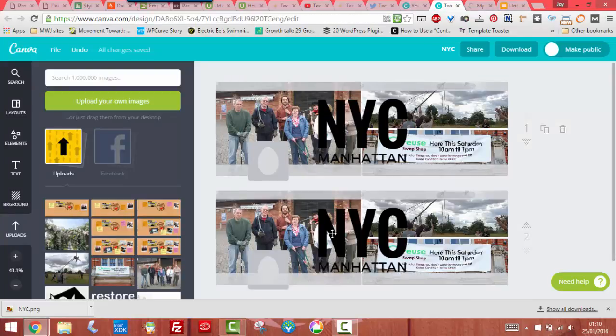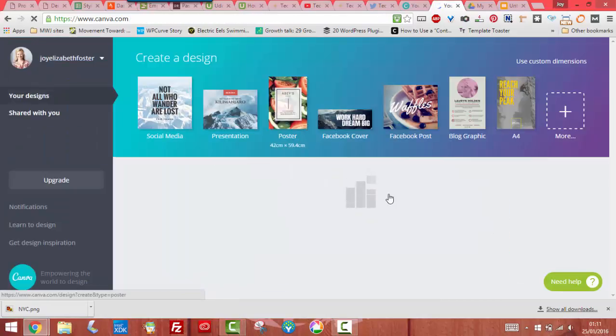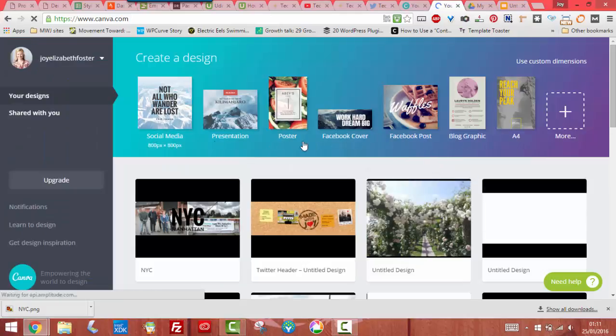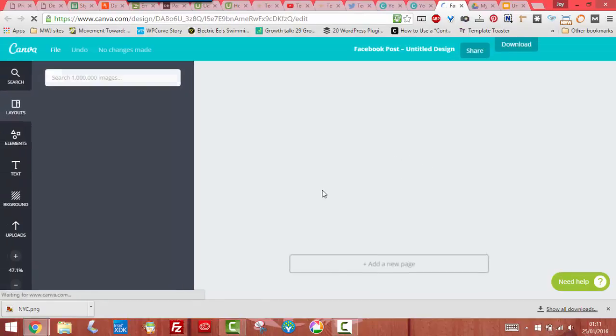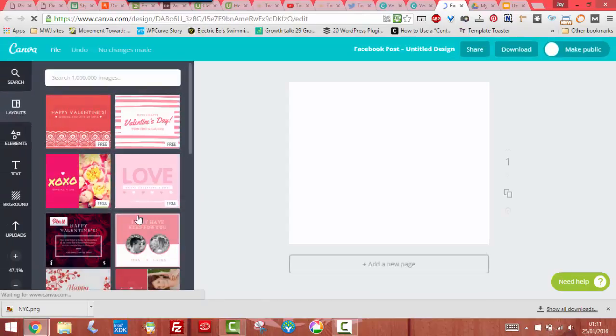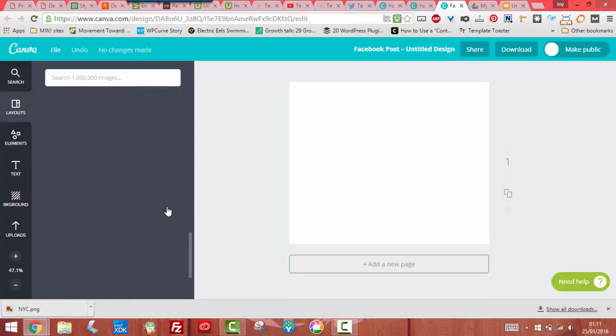So one thing you can't do in one folder or file is open multiple sizes. So you have to always go back to the main file page in order to create the other graphics that you want. So if I want to do a Facebook post image, I'm going to take my same concept,